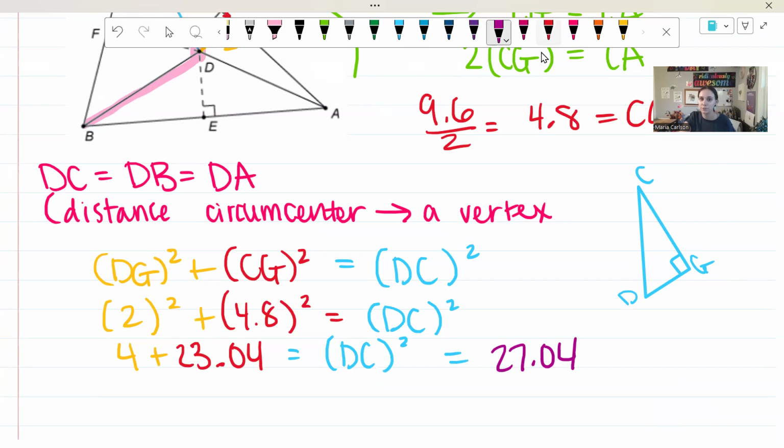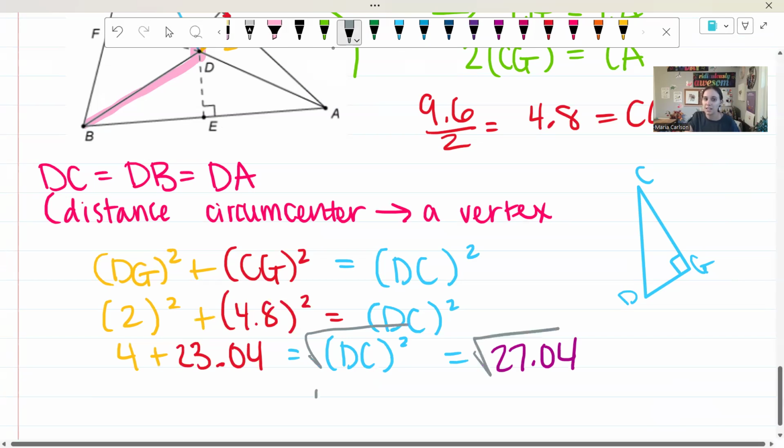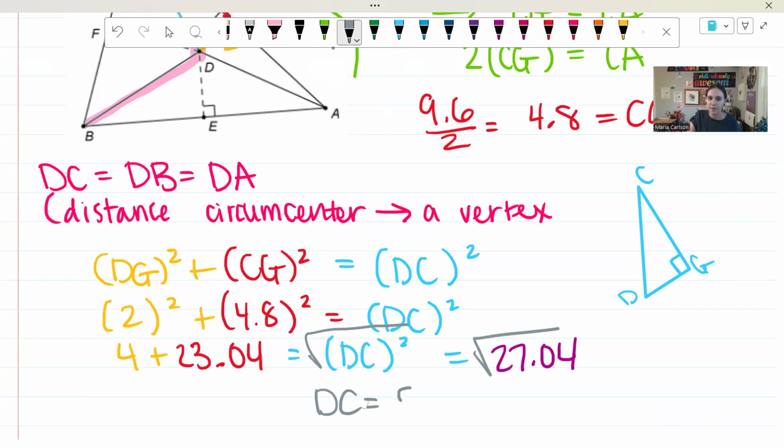I'll take the square root of each side, which is going to tell me then that DC is equal to, believe it or not, if you take the square root of 27.04, it is 5.2. So DC is 5.2, which means then, right, if DC is 5.2,